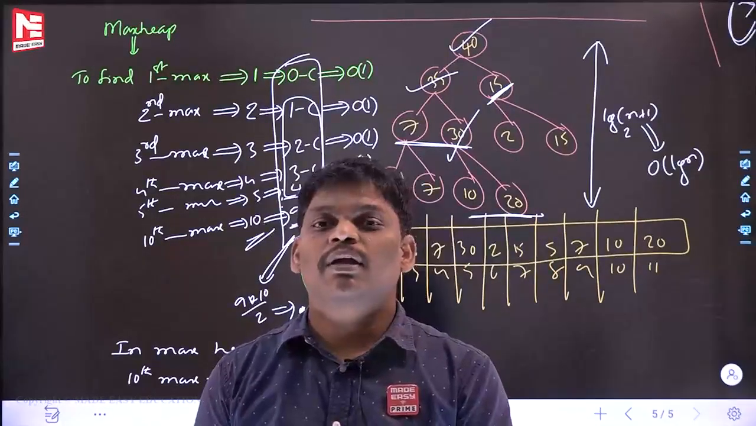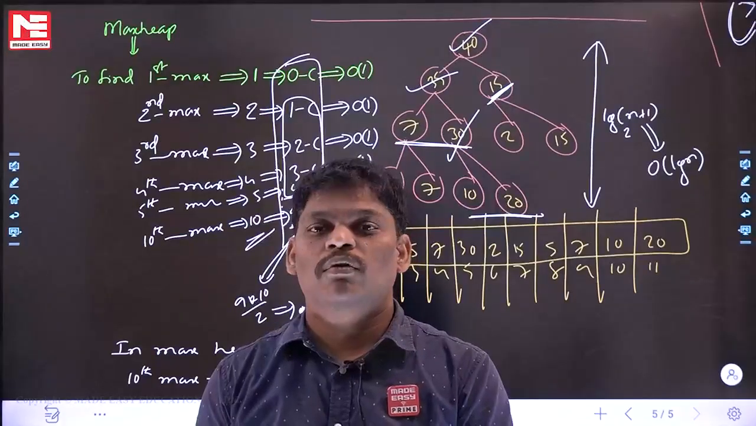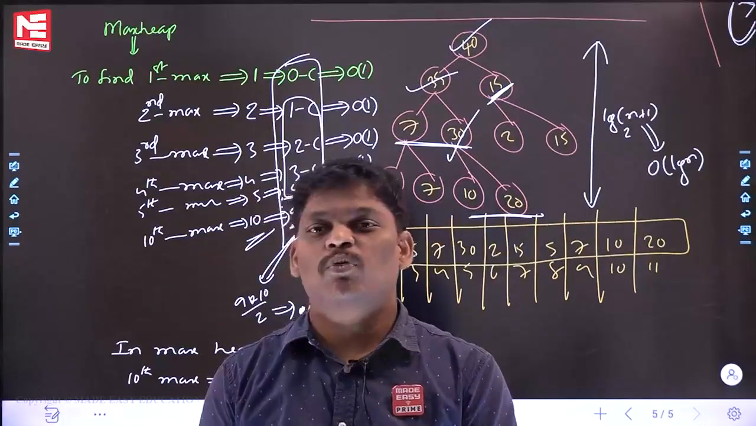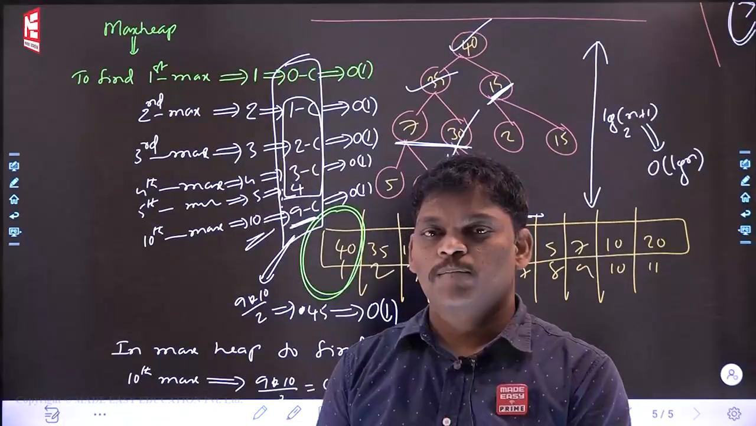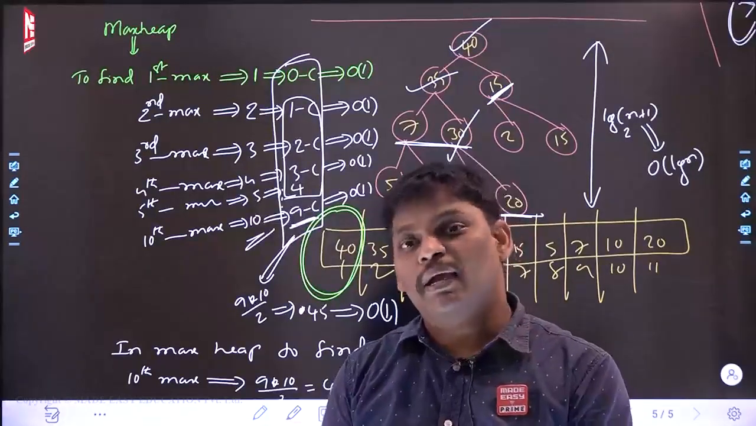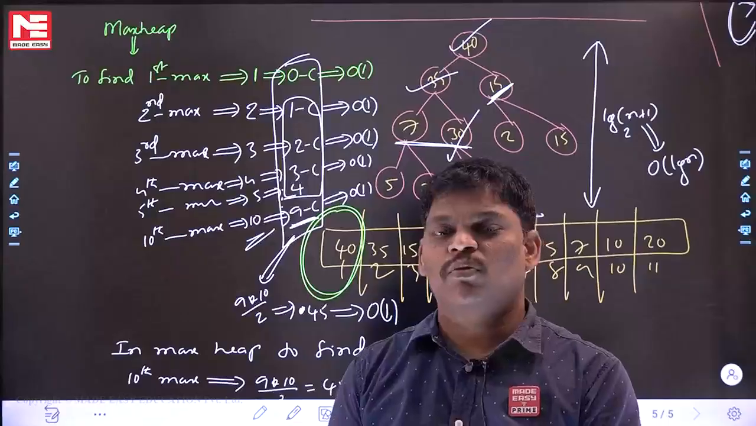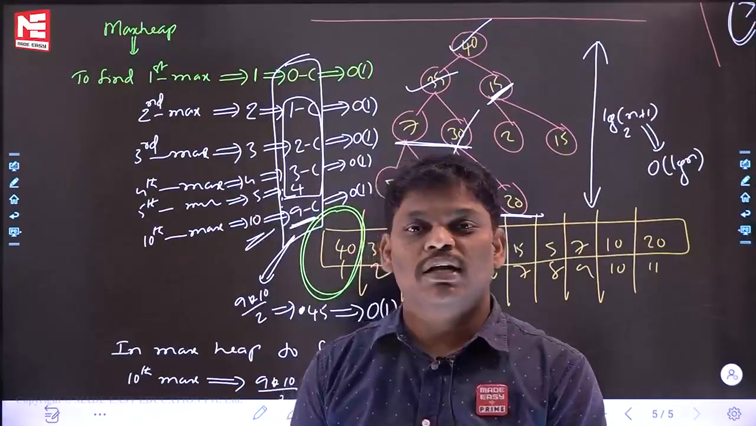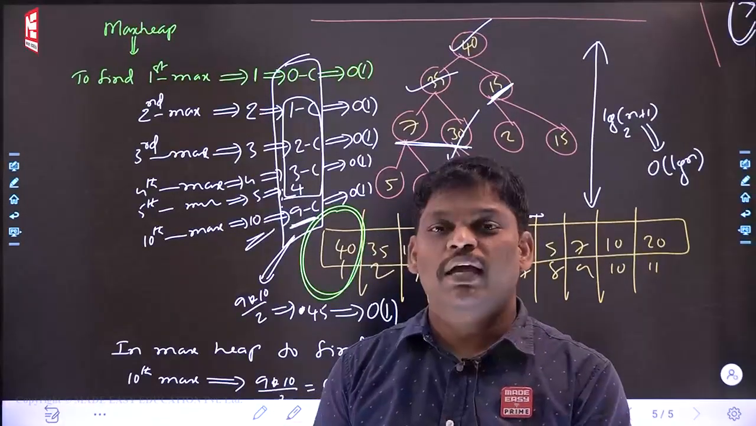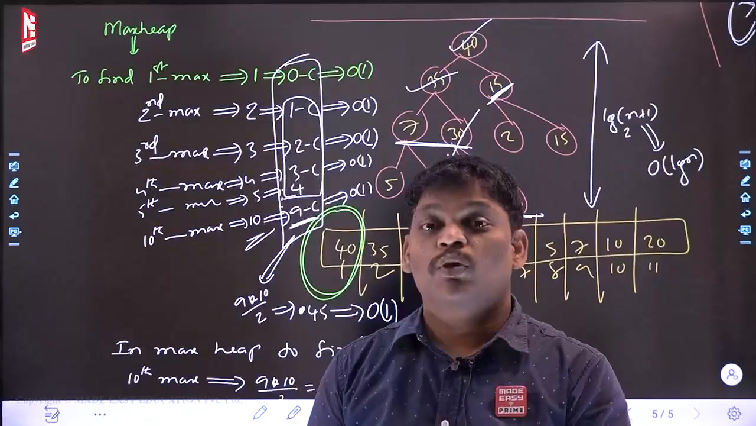In the max heap tree, to find out nth maximum, how much time? Nth maximum, what is the answer? Sum of n minus 1 natural number, how much? N minus 1 into n by 2, how much? N square. But one thing is true, listen,